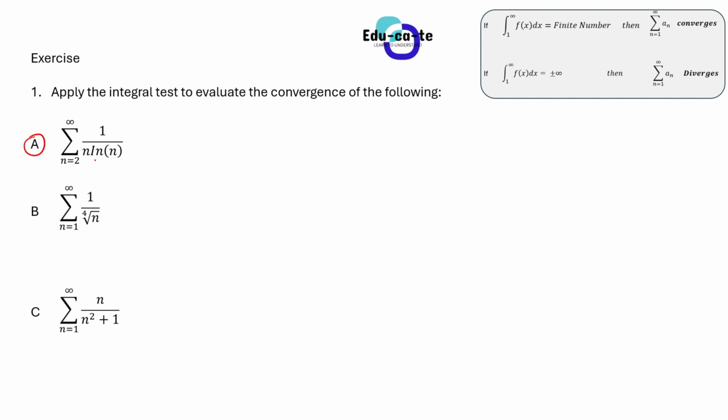So basically here, for you to apply the integral test, remember there are 3 conditions that must be met. In the interval from 1 to infinity, your function must be decreasing, it must be positive, it must also be continuous. So first of all, step 1 in solving A, you have to transform the function, the pattern. This is the pattern a_n, 1 over n ln n.